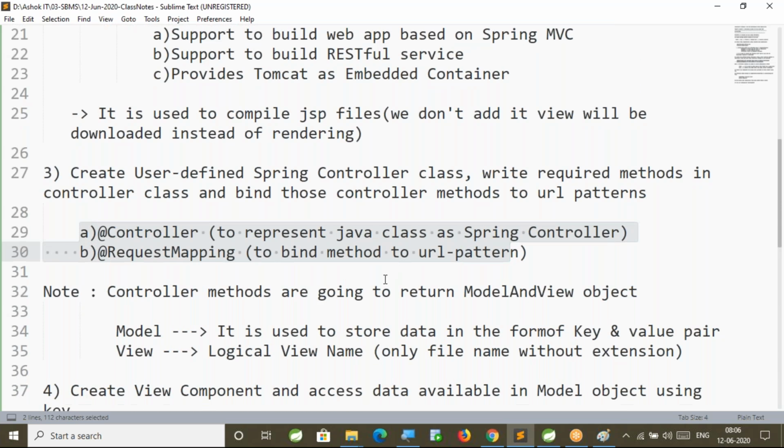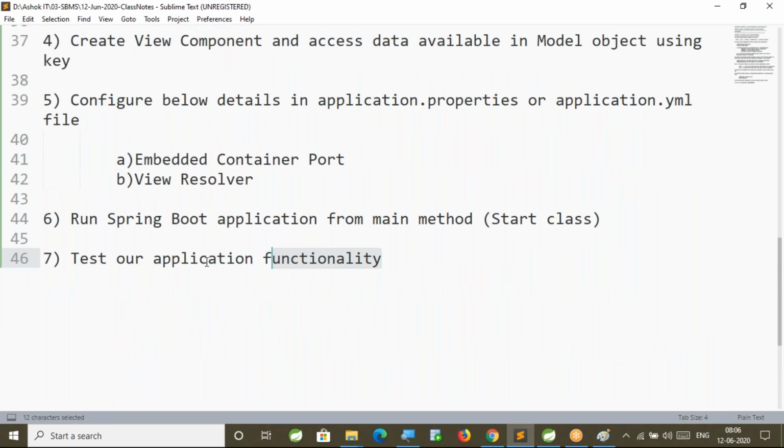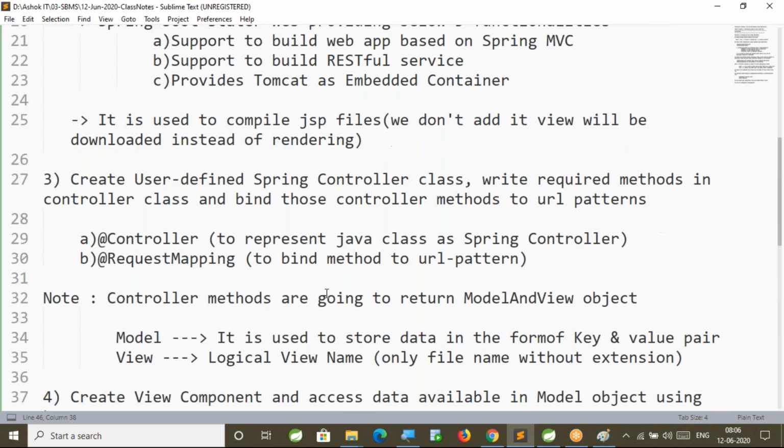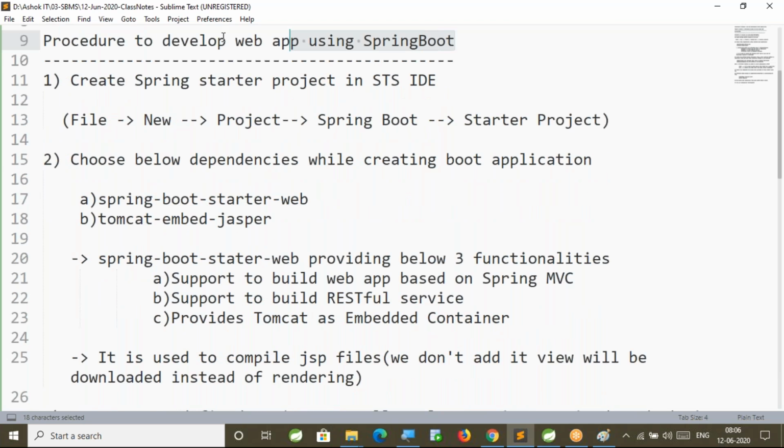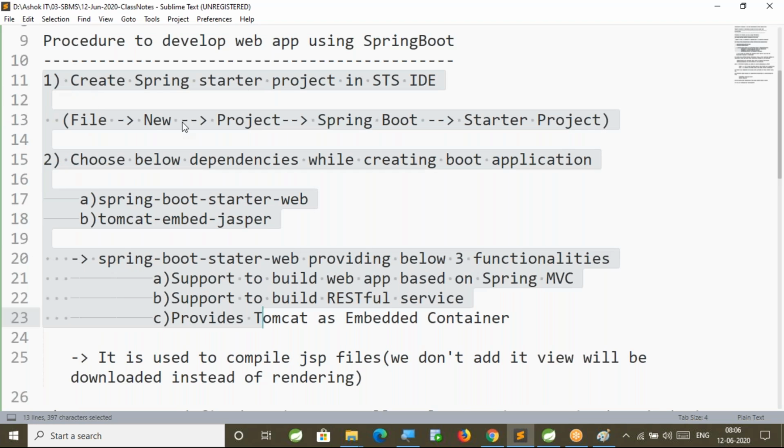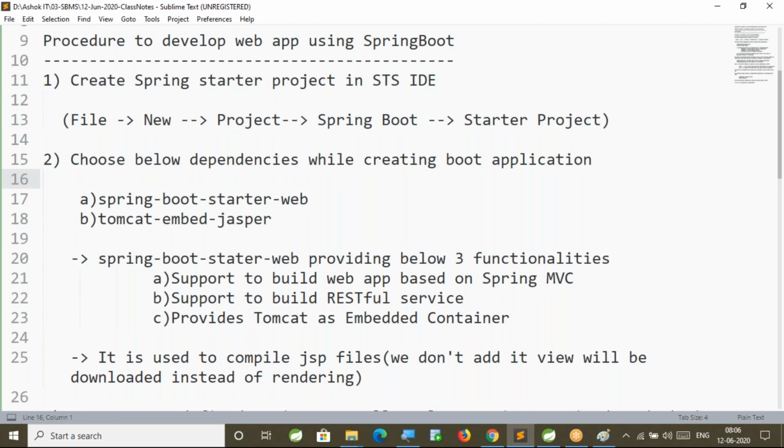If we get the response in the browser as expected, then we can say our development is successful. These are the steps that we need to follow in order to develop a web application using Spring Boot. Before starting this development, first go through the steps once again and understand them clearly, then I will develop this application.